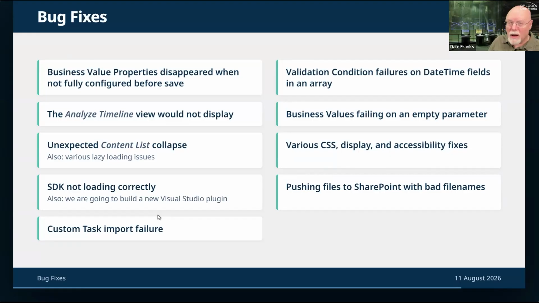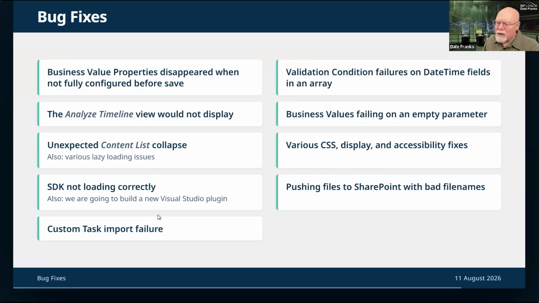Business values: a lot of times you parameterize business values, and depending on how you do it, you might not need to send a parameter at all, right? You just send a blank parameter and it returns all the records. It doesn't filter anything, and you just get a bigger record set. And if you do send it a parameter, you only get matching records. Fine, as far as that goes, but business values were failing to return anything if the parameter was null or blank, and that wasn't the behavior we wanted. We want things to work so that if you do send it a blank parameter, based on your SQL statement, it may return all of the records, which is the desired behavior.